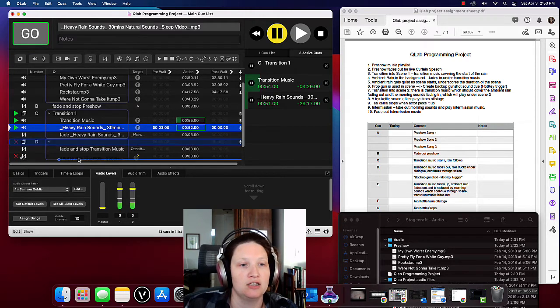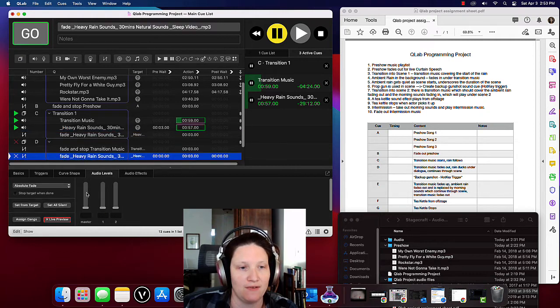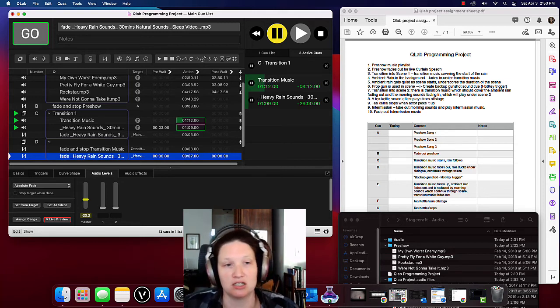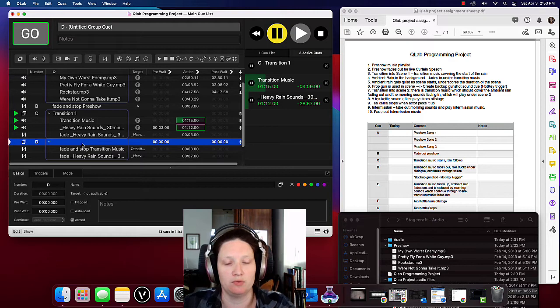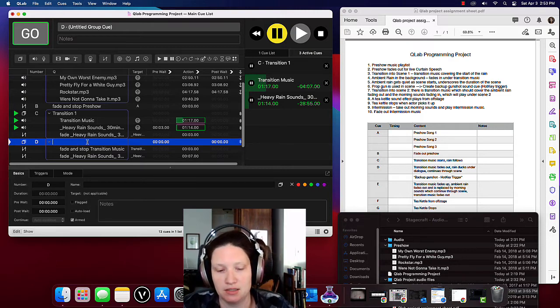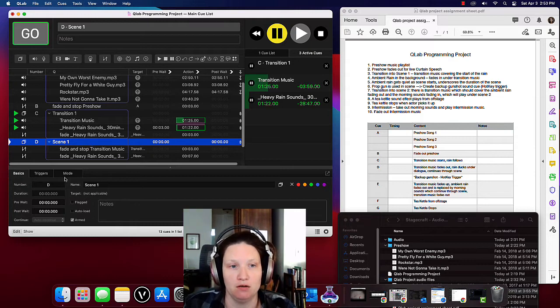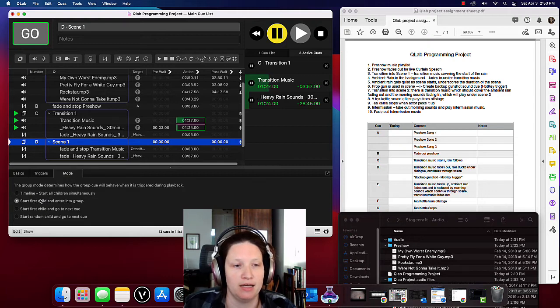Rain is just going to fade down, right? It's not fading out completely. It's just fading lower because I want it to continue over the scene, okay? I'm going to change the fade time on the rain to like 7 seconds so that it's a little bit slower. And then we're going to type, let's call this scene 1. And we're also going to change the group mode. And that is going to be to start all children